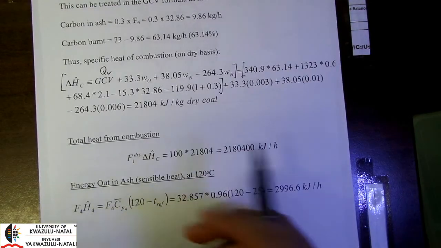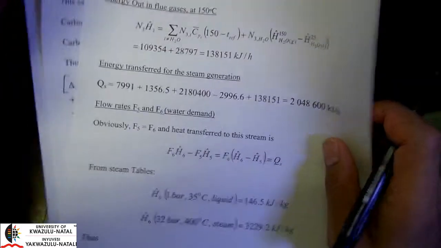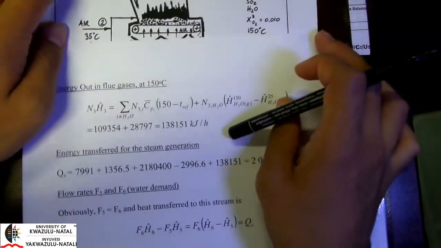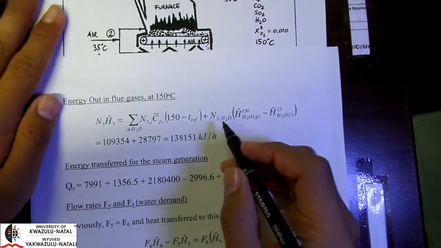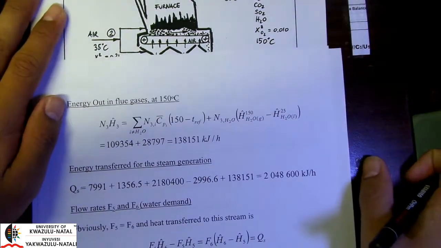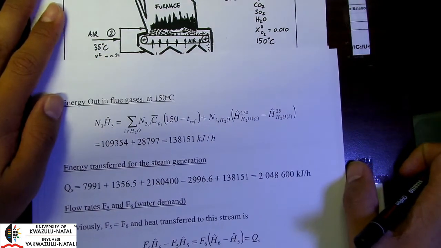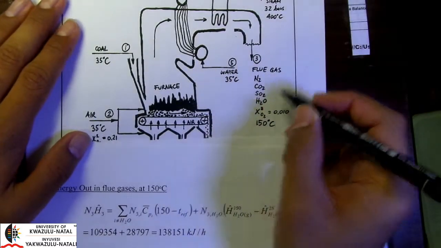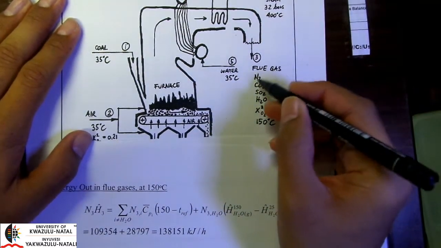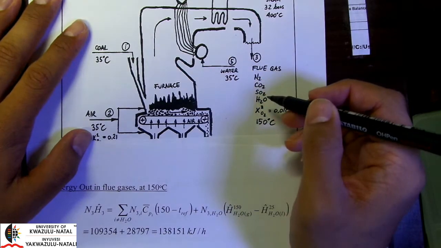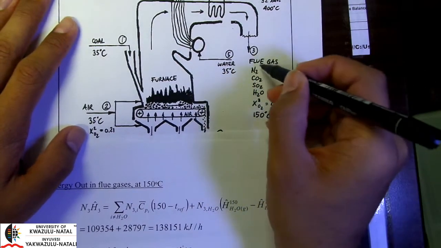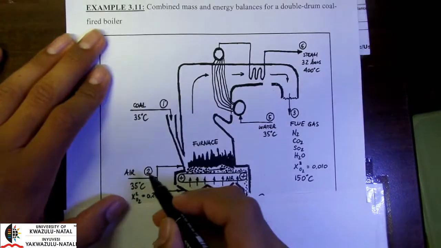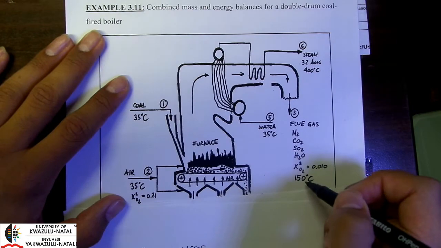So that's for stream 4. And for our flue gases, our flue gas stream, we have also been given an overall heat capacity value. Okay, now in terms of our flue gases, we've been given the CP of our entire flue gas. Now remember that from 35 degrees to 150 degrees,